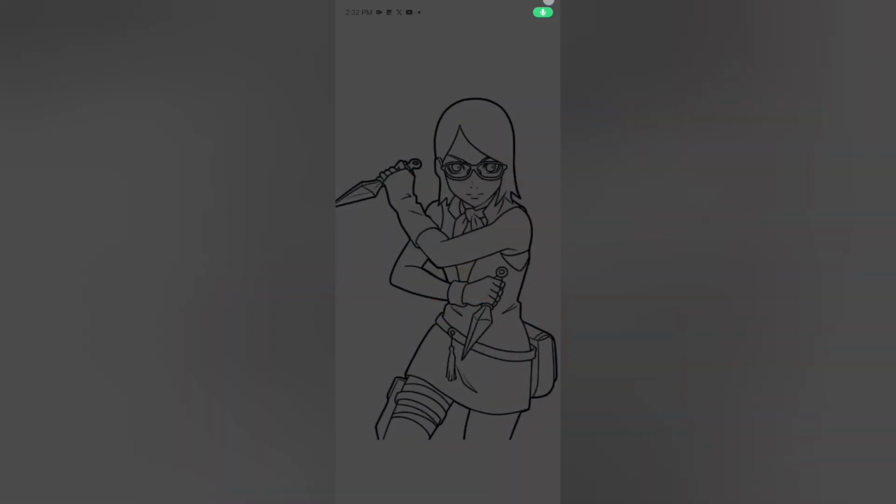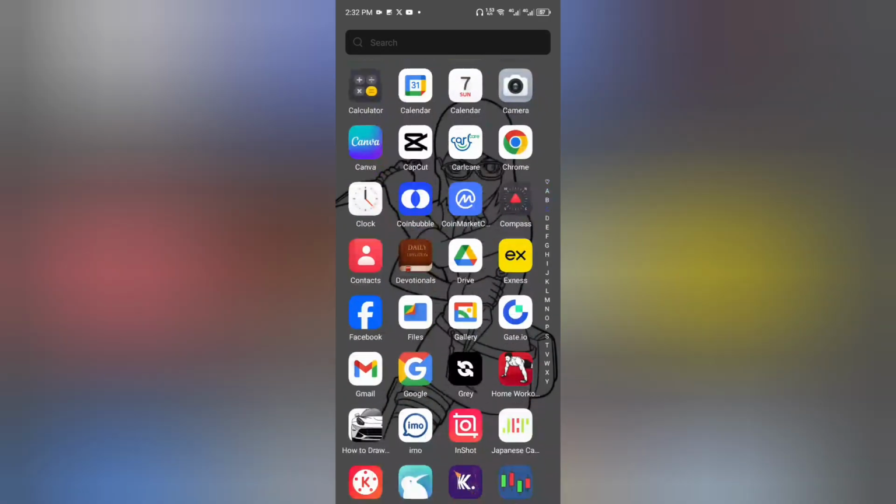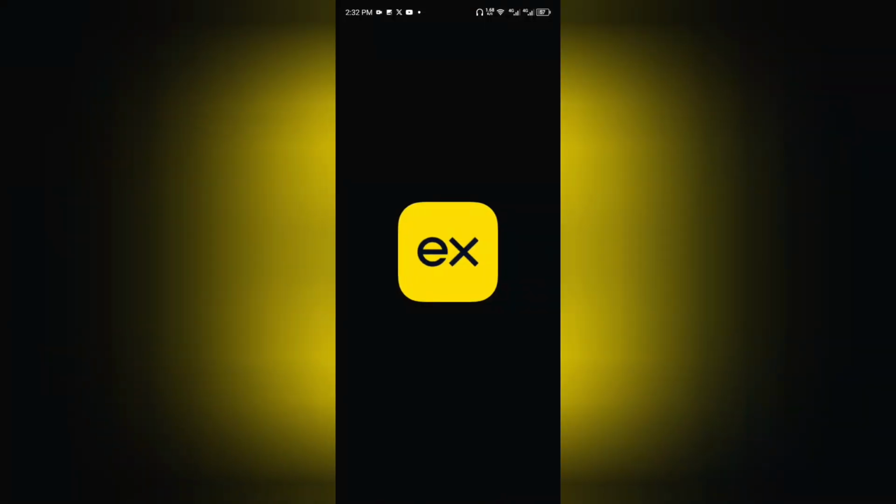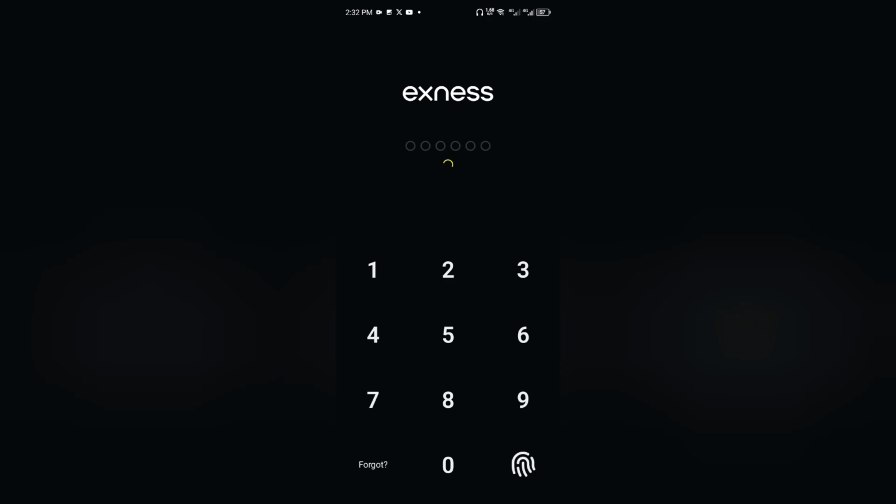How to turn off dark mode on Exness. So if you want to learn how to turn off dark mode in your Exness mobile app, you follow the steps in this video. So now once you open the app,